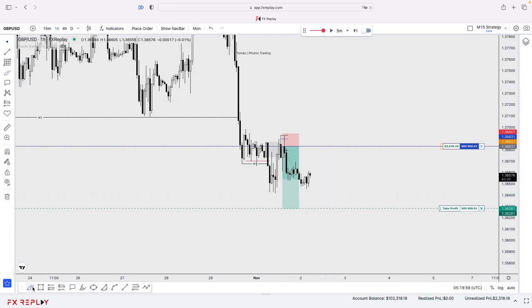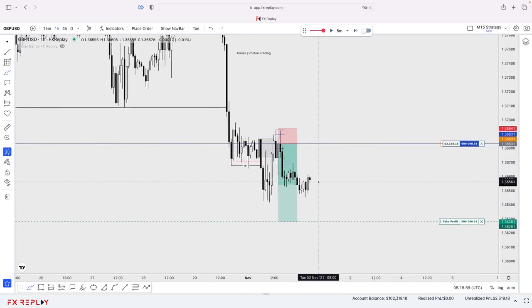So price mitigated the absolute extreme of this H1 leg. If this mitigation, and if this leg, of course, is going to be respected and this mitigation is going to hold, because there is nothing more in this leg to be mitigated. So first, I don't assume structure will change until it does. If this mitigation is going to hold, its internal structure, these ranges should be respected, okay? Which means that for me, I'll be looking for a possible sell here, if you are, of course, a little bit more aggressive,